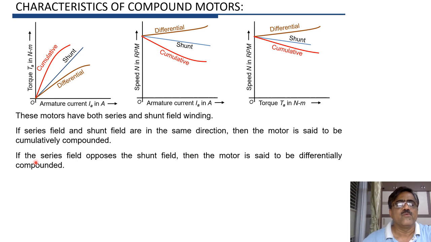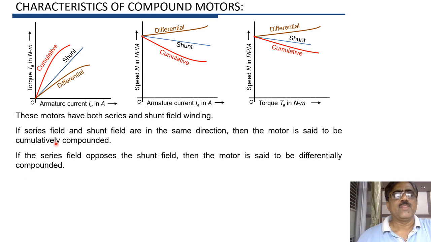So here, in case of cumulatively compounded motor, as we increase the load, there is addition of two fluxes, shunt field flux and series field flux. Whereas in case of differentially compounded motor, series field flux is subtracted from the shunt field flux. So flux decreases as load increases in case of